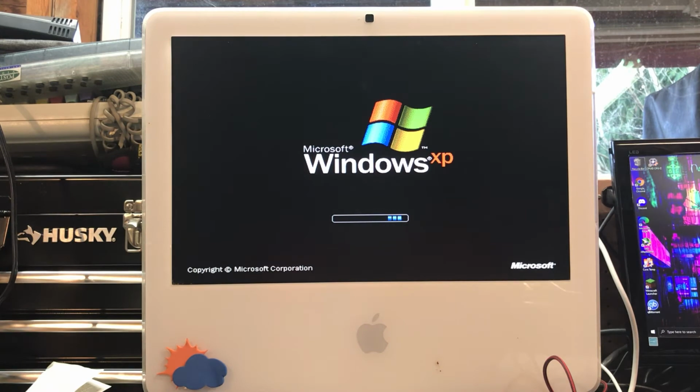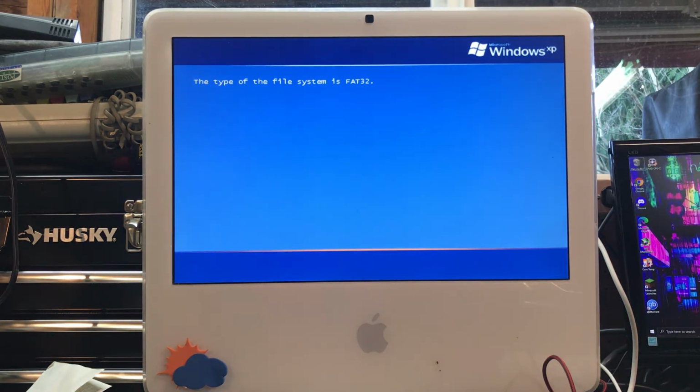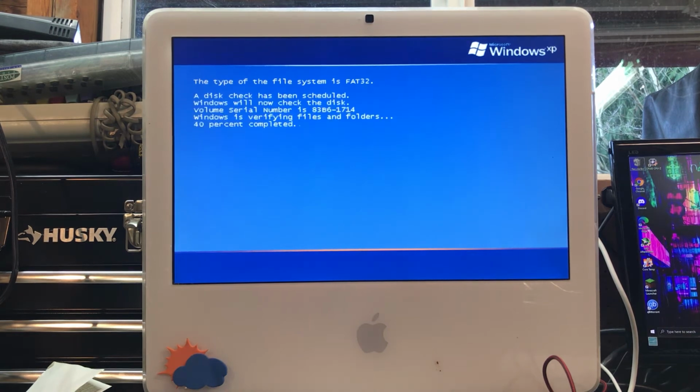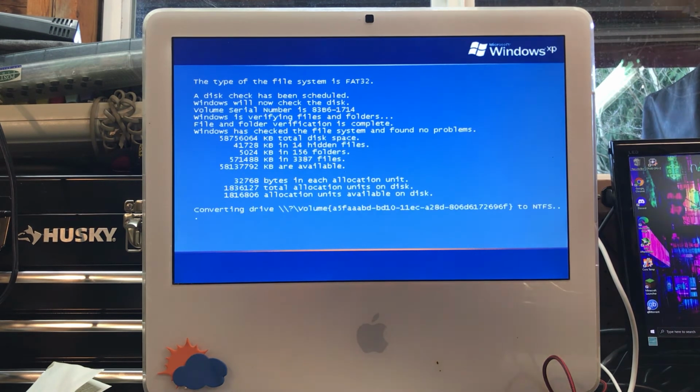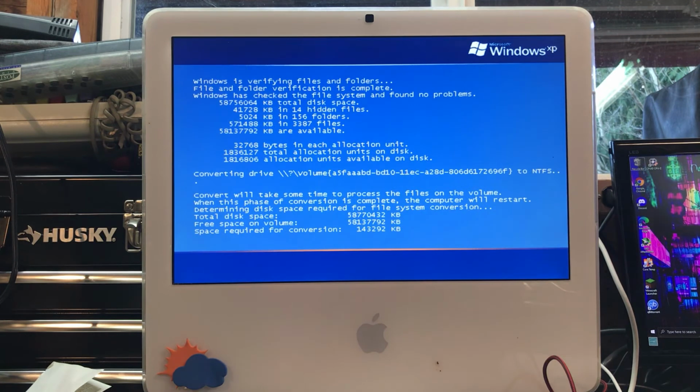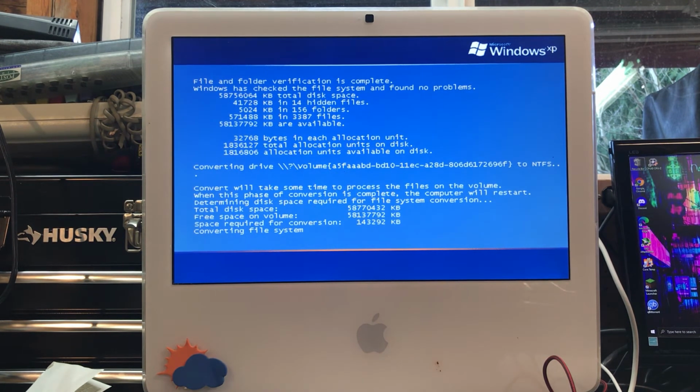So from here, all I have to do is really just do a standard Windows XP install. And if you're watching this channel, you probably know exactly what this looks like. I mean, okay, it's going to convert all that to NTFS because it's FAT32, I guess. But yeah, you know exactly what this looks like if you're watching this channel because you probably, like me, have